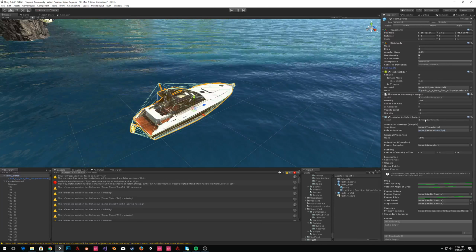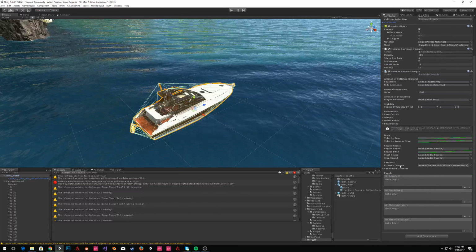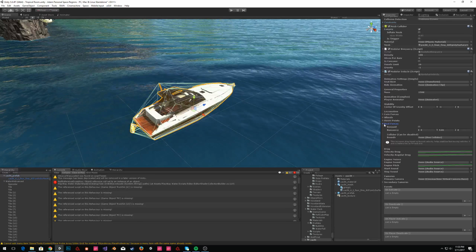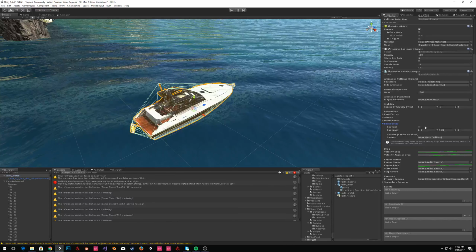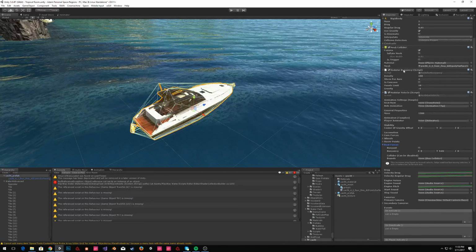Now, modular vehicle. This guy is basically the core of everything we need. In fact, I think what we should be doing is not using the modular buoyancy, but using the buoyant setting on the modular vehicle component instead of doing that ourselves. I just want to double check. I've got the code for it in front of me just to make sure that is all set up right, because this is a rather new component and there might be some errata, but I think that's good to go. Okay. So,